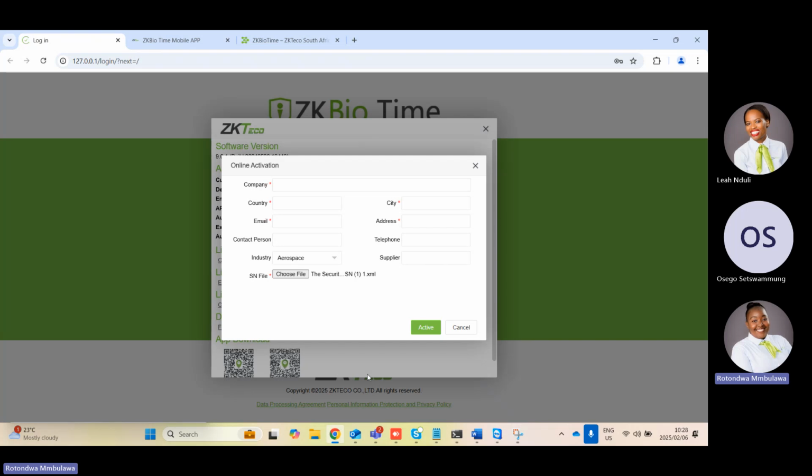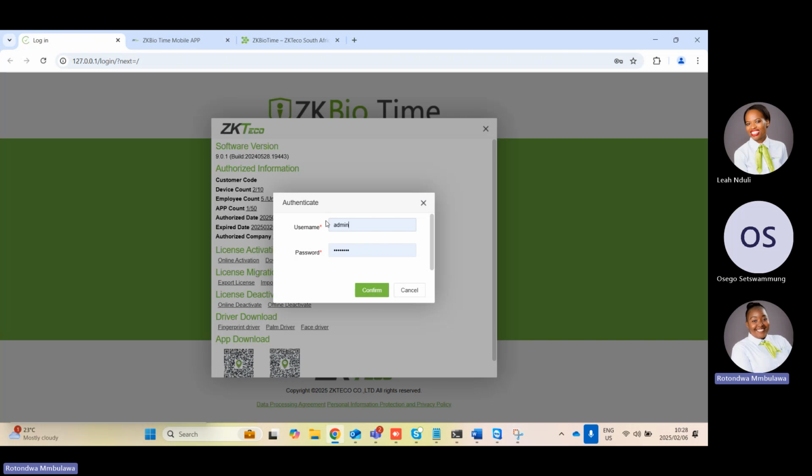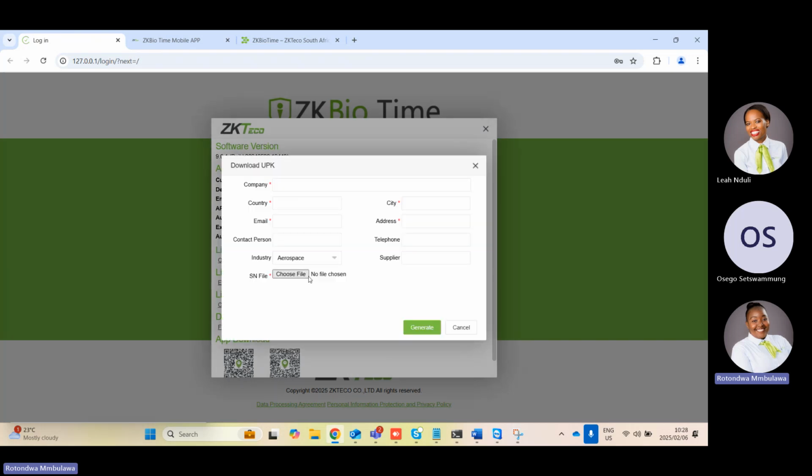In a case where, for example, this license doesn't work, or it gives you errors, what you do is you can download what we call a UPK. So I'm going to cancel this. You download a UPK. That UPK that you will download requires this license, the online license. You click on download. You click on your username and the password, confirm, and then you need to fill in this information again, and you upload that online license again. When you click on generate, it's going to generate a UPK